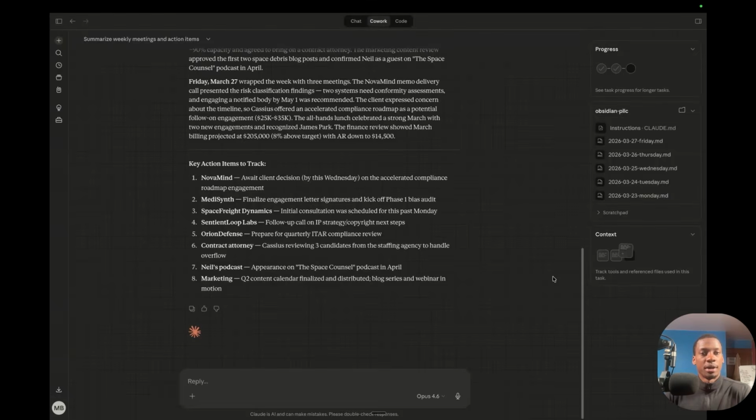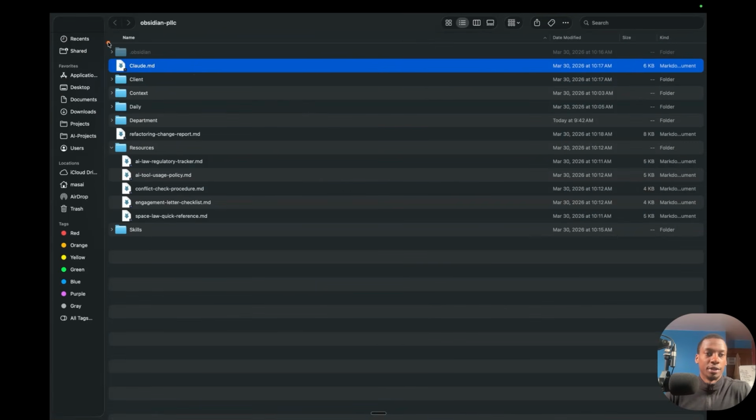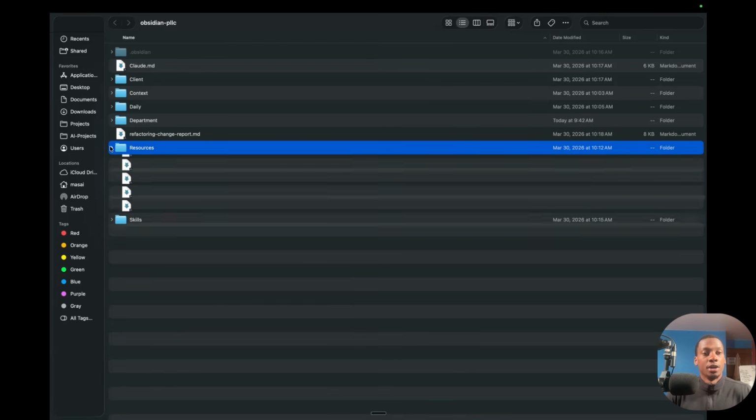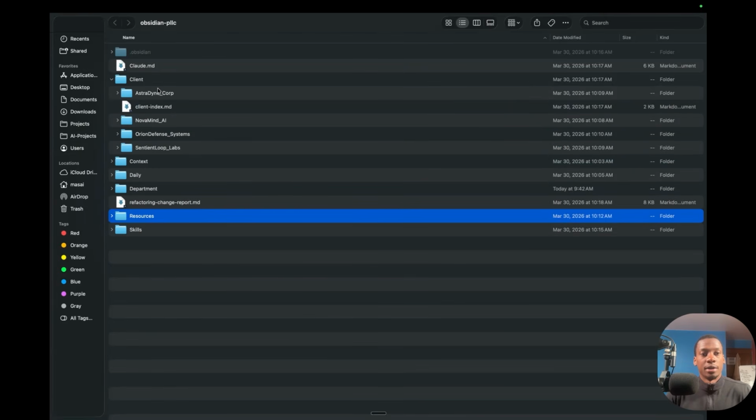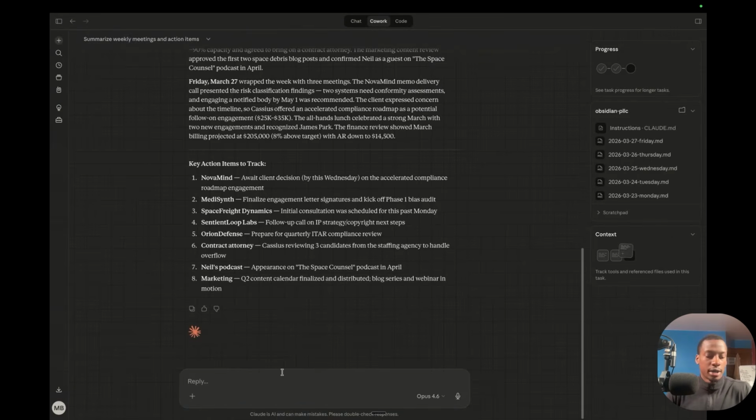And the important thing to remember about this folder is that this is a living folder. This is basically going to be the central folder for your firm. It's going to be living and growing with your firm. So for example, if we wanted to add a new client here, a new client subfolder here, then I could just go into Claude Cowork and tell Claude that we want to add a new client to the clients folder. The client is SpaceX. Ask me any questions that you need to build a complete client folder and put it underneath the client's subfolder in this project.